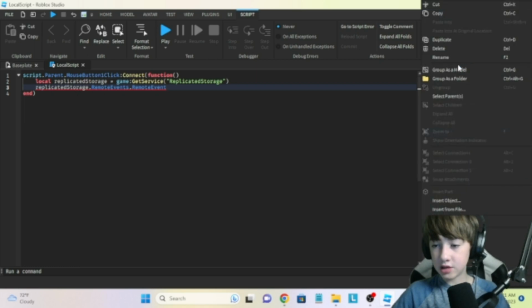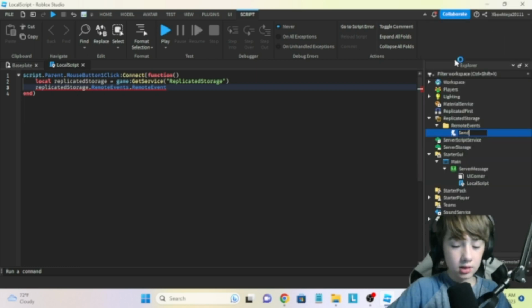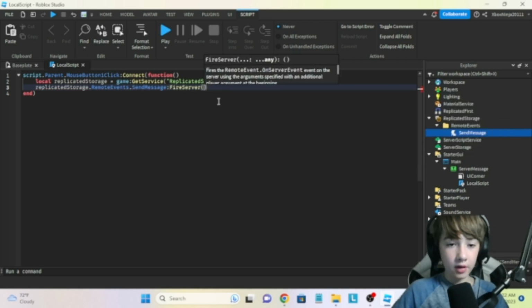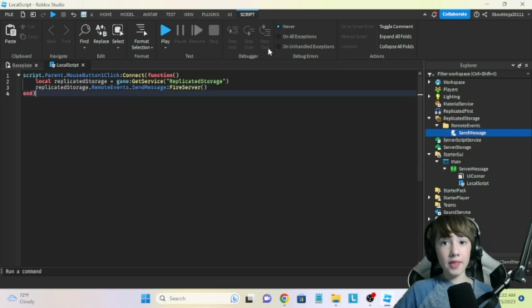We could just rename this to SendMessage. Remote event, we'll change this to SendMessage:FireServer. So what this is, it's a script that when the MouseButton1Click, in other words, when